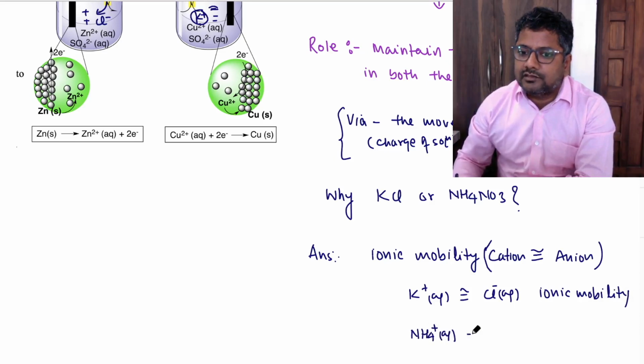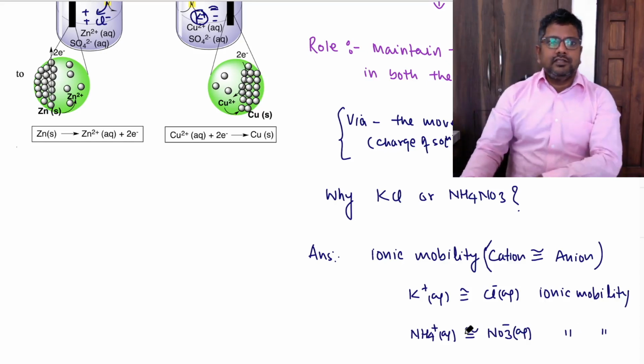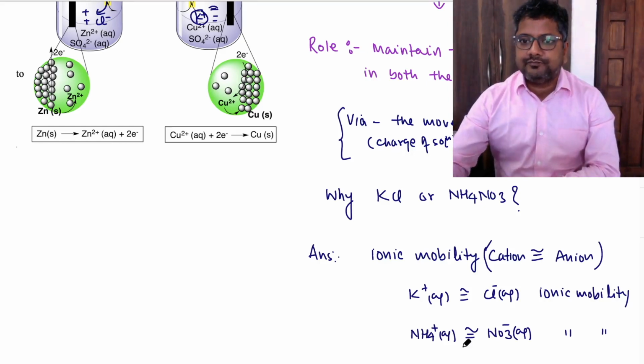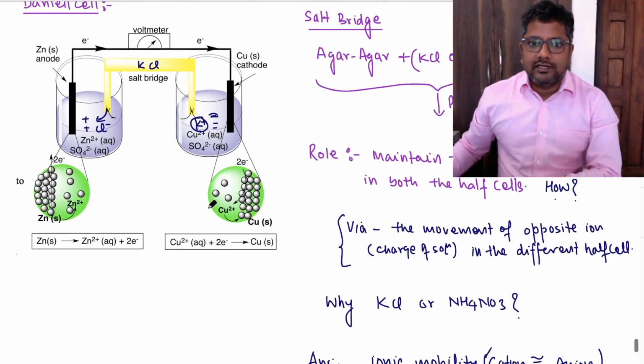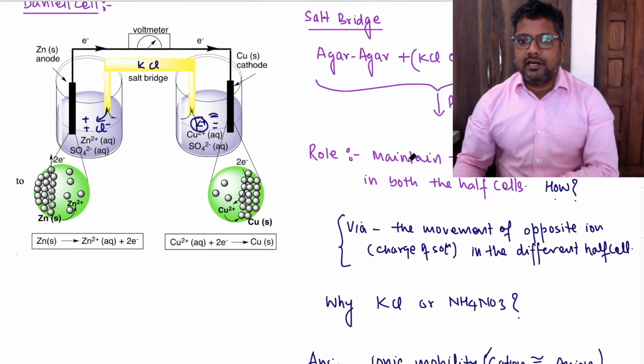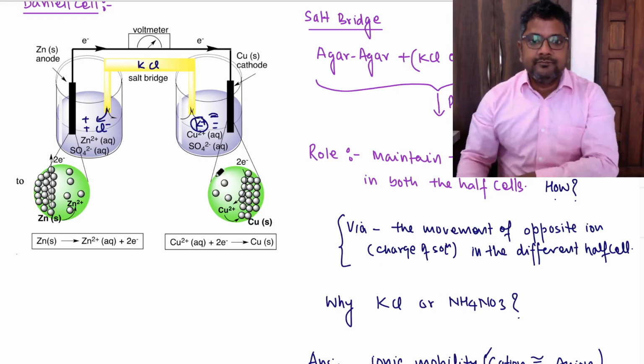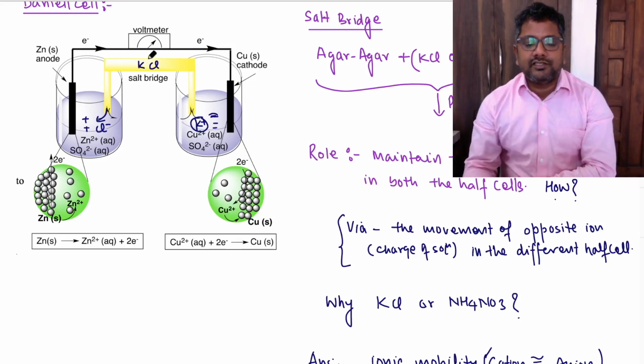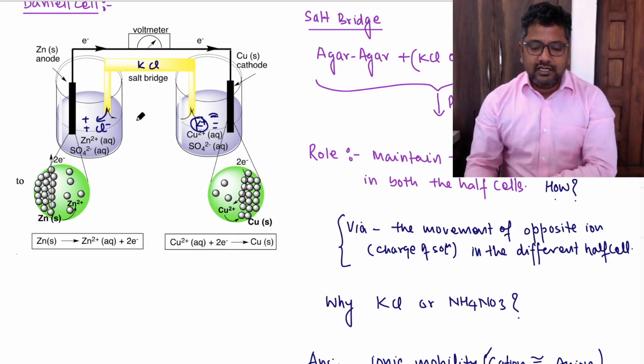and NH4+ (aq) and NO3- (aq), this is the reason why we use these selective ions in the salt bridge, right? So see the role of the salt bridge. Now you have the composition of the salt bridge, the role of the salt bridge, and why we use particular salts in the salt bridge. Now see, this is a simple representation of this Daniell cell,